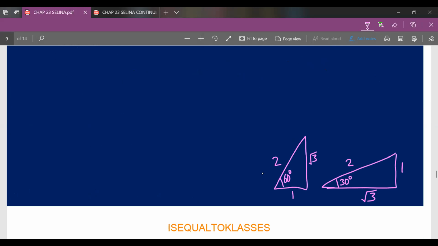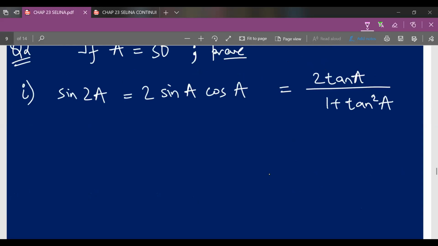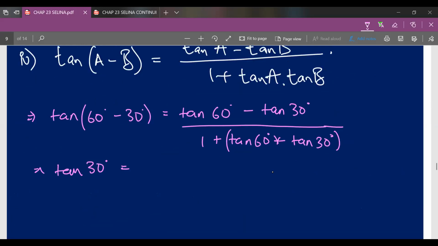So tan 60 degree, this is the magic triangle. So tan 60 degree means that with respect to this angle 60 degree, and it should be towards the ground, tells us root 3 upon 1. Why? Because I believe that the formula for tan theta is equal to perpendicular upon base. That will be root 3 upon 1, which can be simply written as root 3. So tan 60 degree will be written as root 3 minus tan 30 degree.